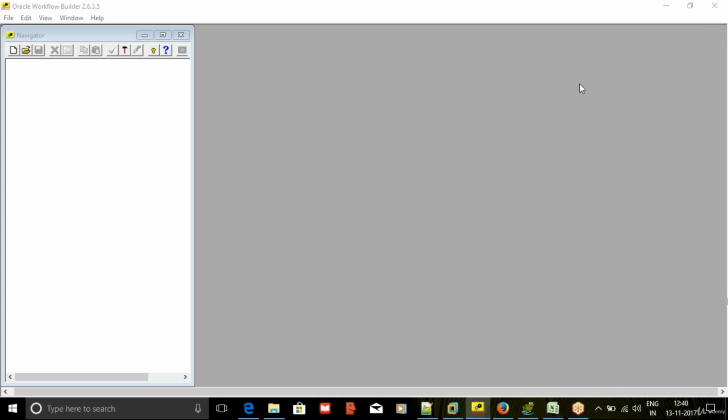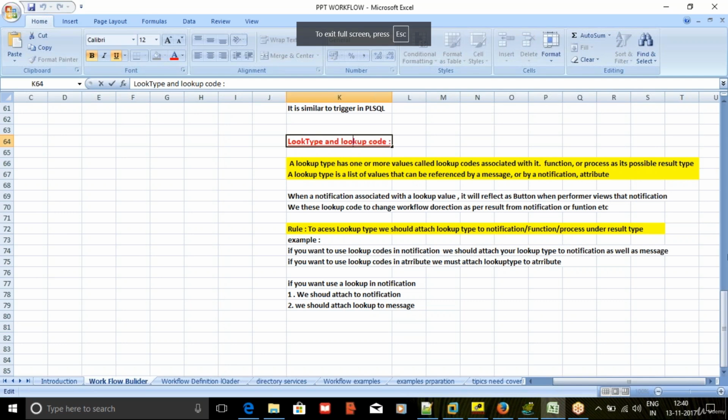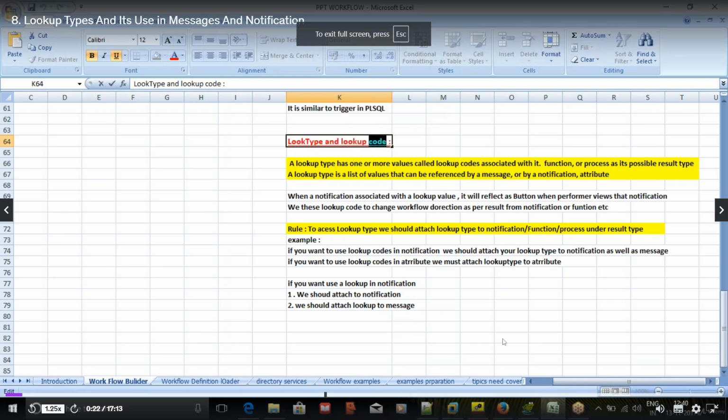Hi friends, in this video session, we will concentrate on lookup types. A lookup type is nothing but, in order to provide buttons in the front end, we use lookup types with some lookup codes. Whatever lookup code you use, that lookup code will be reflected as a